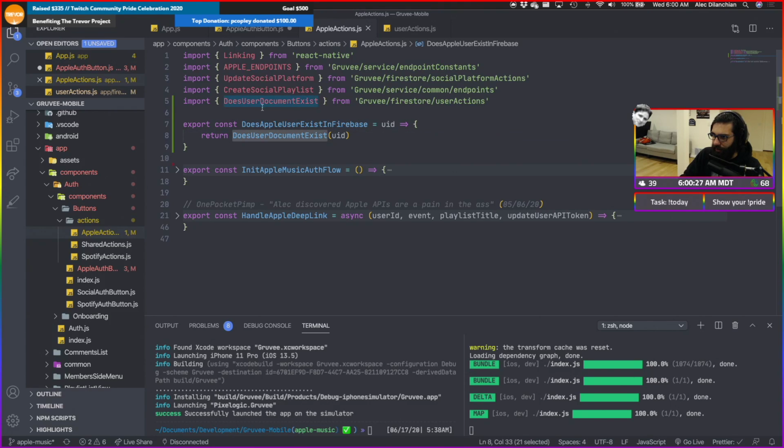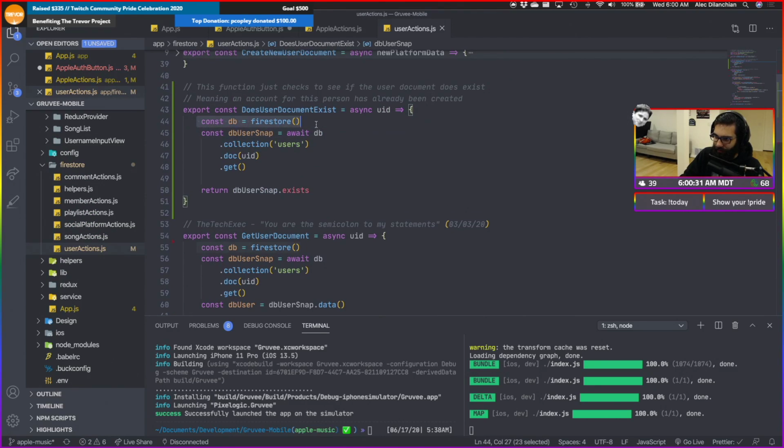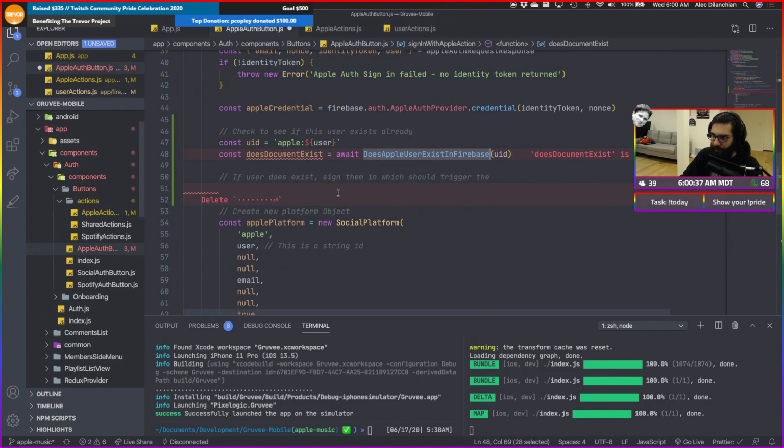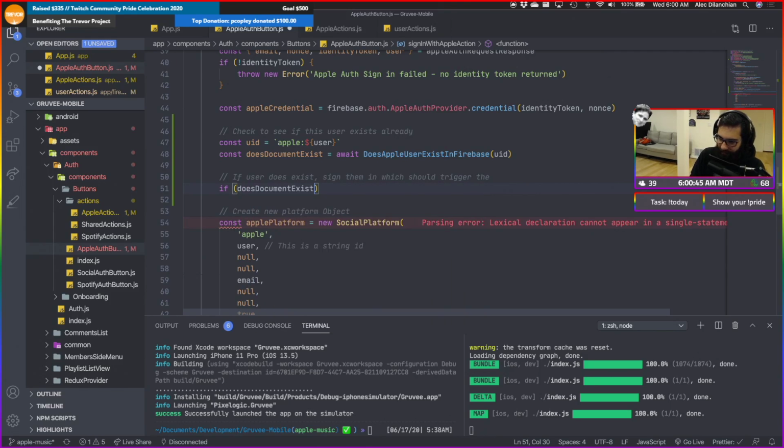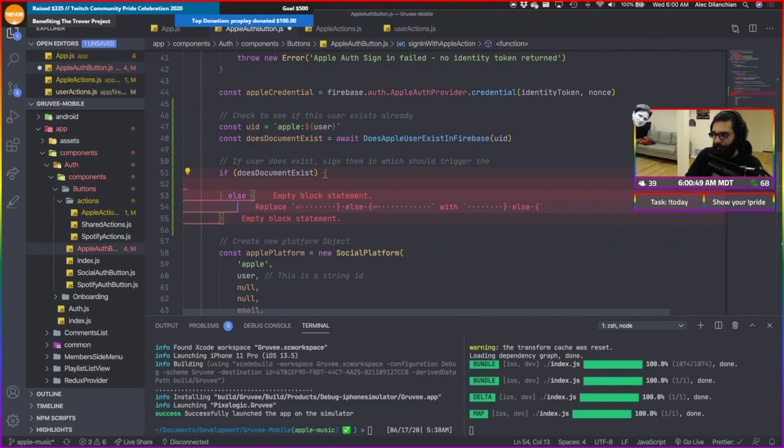And then does user document exist is actually a user action that we get right over here. That essentially goes right into Firestore, gets the document, and checks if that thing does exist. And I think that should do the trick for us. Now we can do if does document exist, we do this, else we're going to do this.